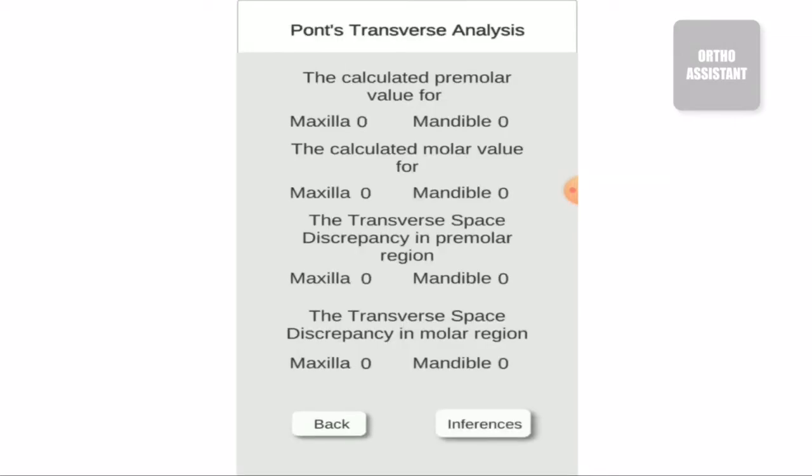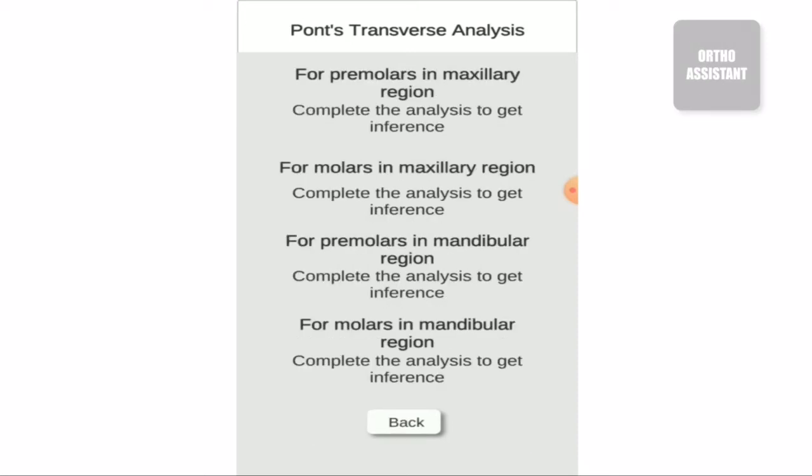Analyze. You can see the calculated premolar value here. The transverse discrepancy in the premolar region will be displayed, and in the molar region as well. Inferences are not coming because I have not entered them, but they will come.